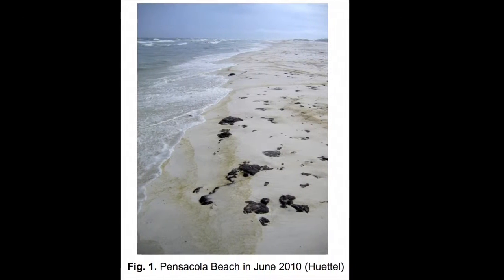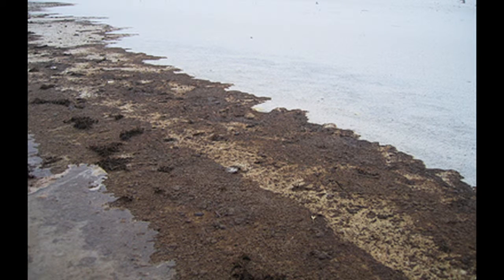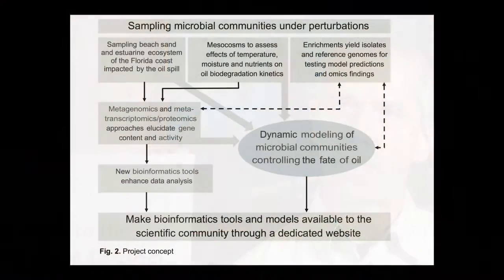And of course, there's immediately concern that there's a risk with the oil to the animals, the organisms, and also, of course, to the tourists that visit the beach. So we started a project that observed the oil degradation in the beach. And the key ingredients that you have for this oil degradation are, on one side, the biogeochemical parameters that control the degradation, which are oxygen and nutrients. And on the other hand, you have the microbial community that breaks down the oil.